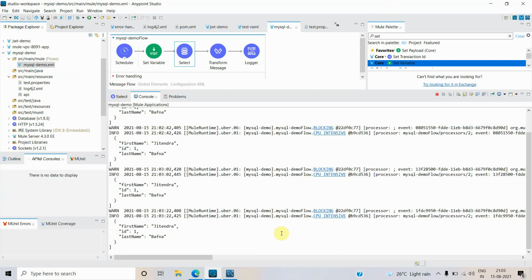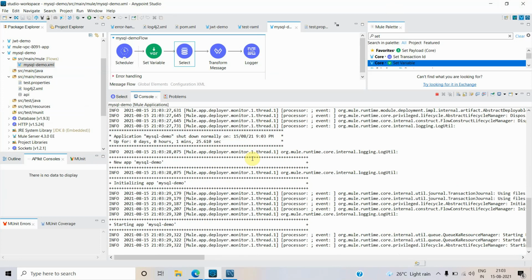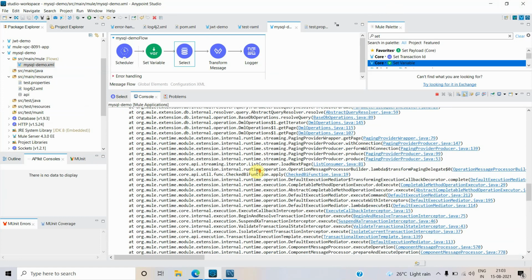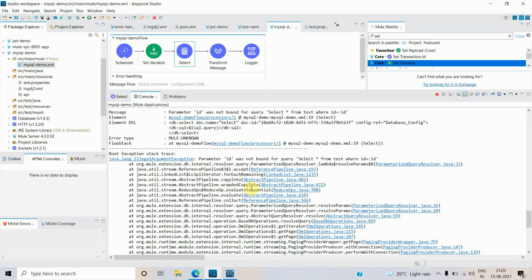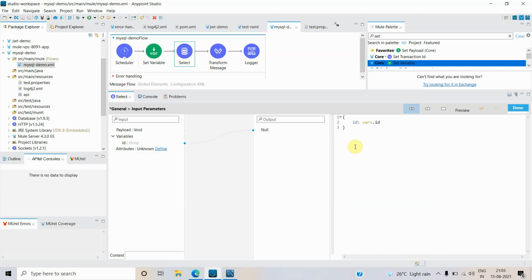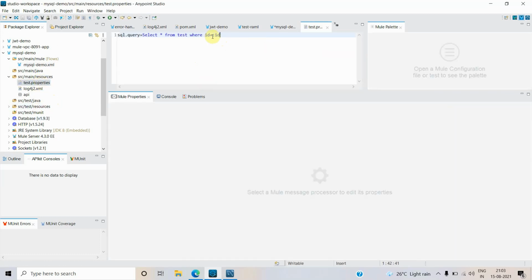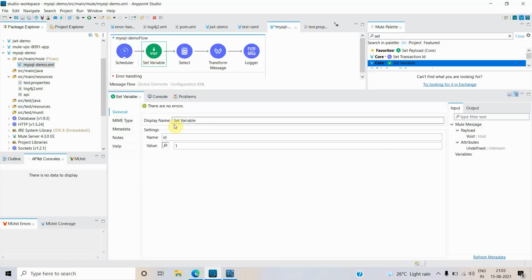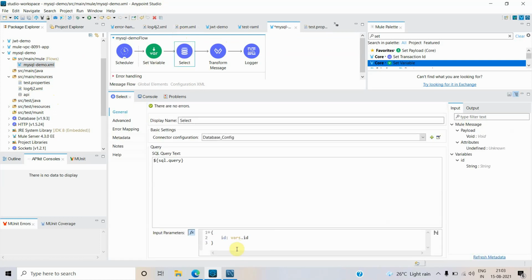So let's wait while the application is starting. Let me check what happened. Let me check vars.id. Select star from test, and everything is perfect. This ID, vars.id, this is fine.